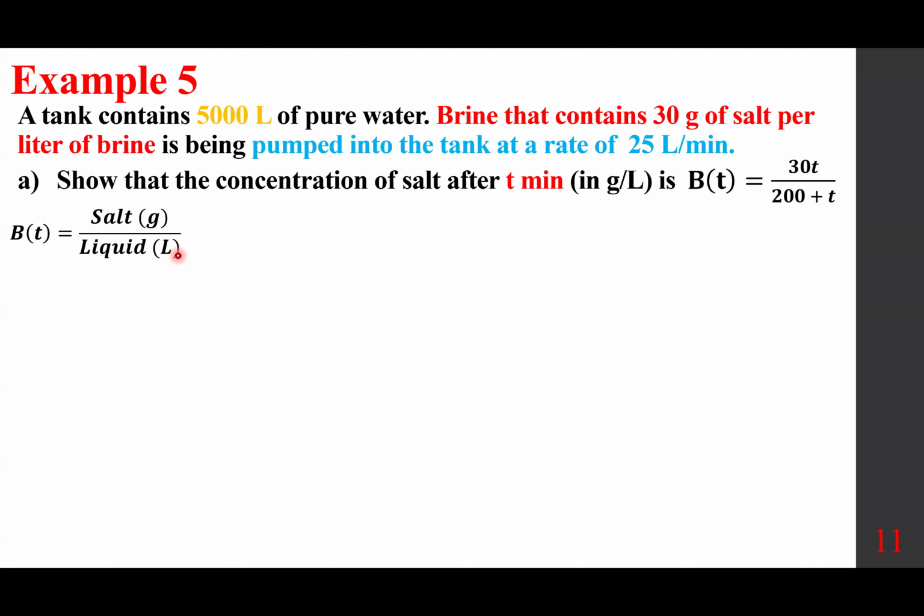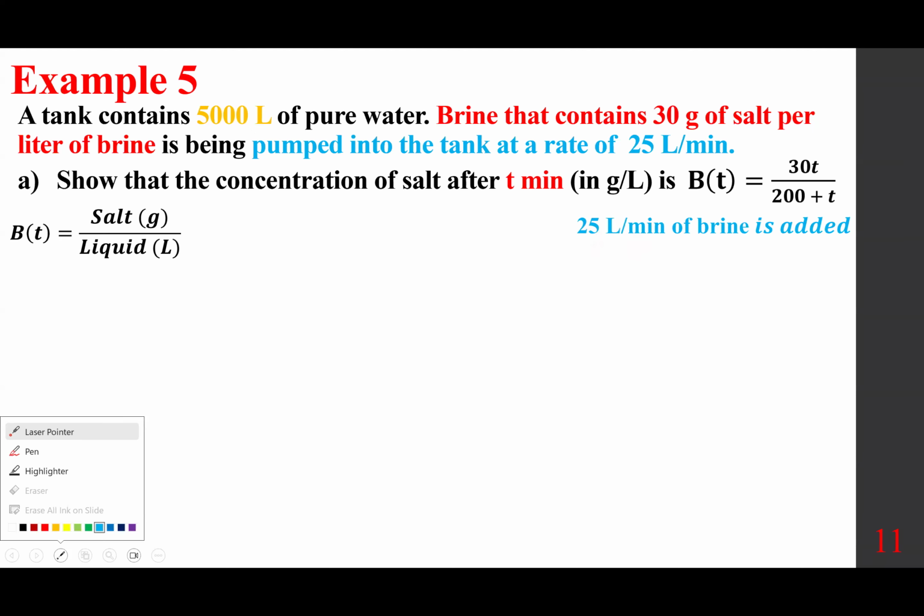All right. So starting with the liquid, we have 5,000 liters to begin with. Then we are adding brine at the rate of 25 liters per minute. So 25 liters per minute of brine is added. The bottom would be 5,000 plus this much over the course of so much time. Okay, so after 10 minutes. Before we start with the 10 minutes, if it's 25 liters per minute, everybody, I just want to make sure we understand that. So after 1 minute,